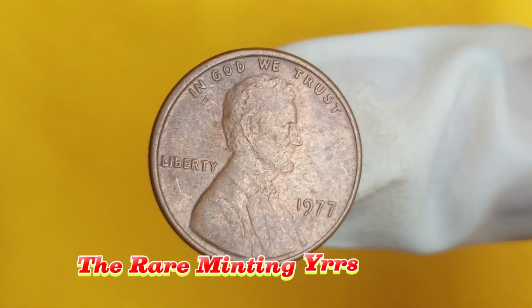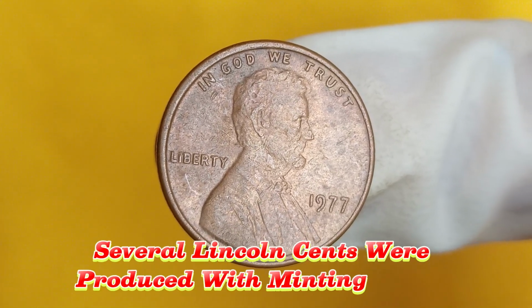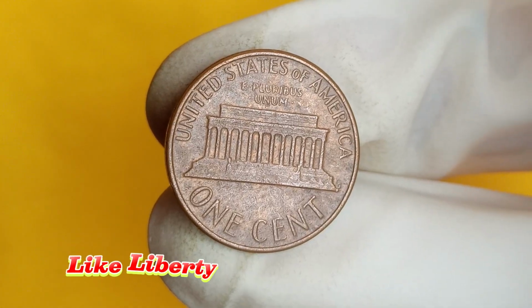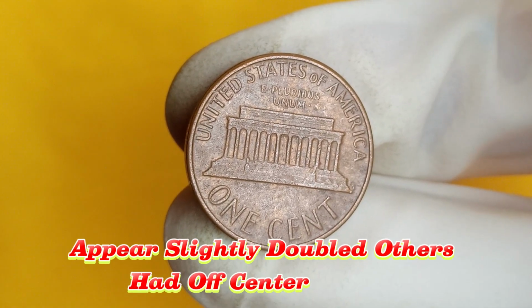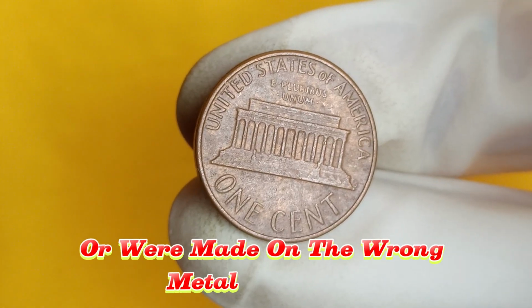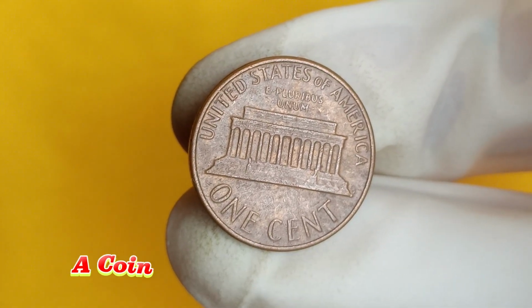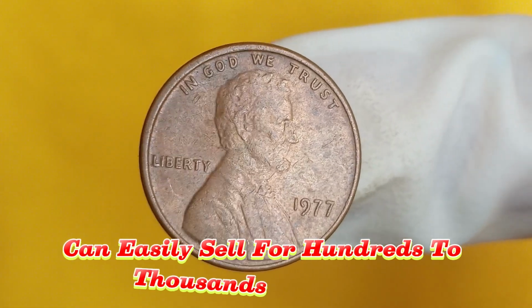The rare minting errors. In 1977, several Lincoln cents were produced with minting errors. Some had double die obverse, meaning parts of the lettering like "Liberty" or "In God We Trust" appear slightly doubled. Others had off-center strikes, or were made on the wrong metal planchets. These are the coins that collectors go crazy for. A coin with a clear double die or off-metal error can easily sell for hundreds to thousands of dollars at